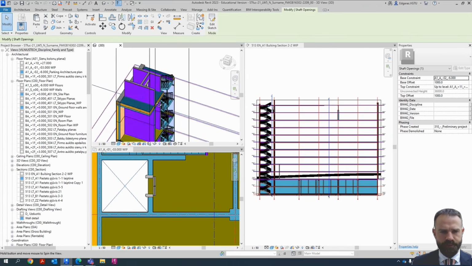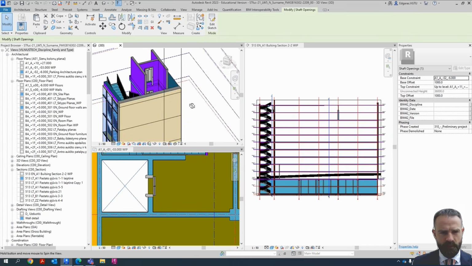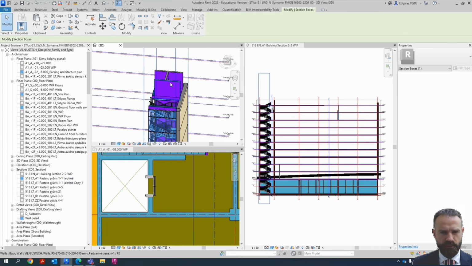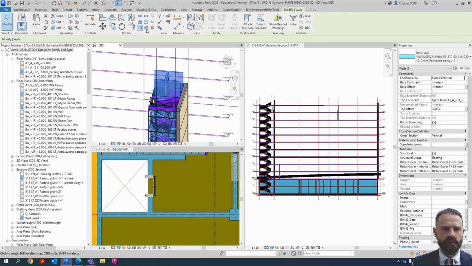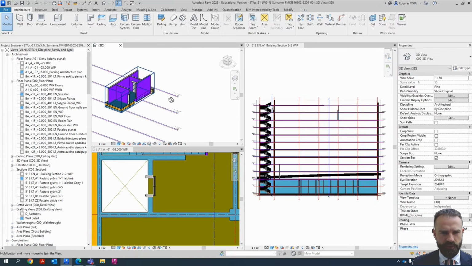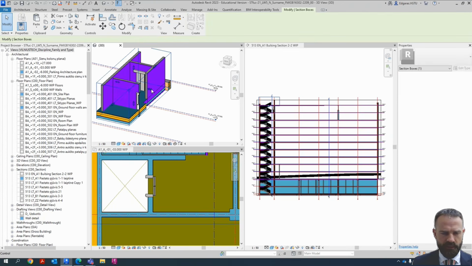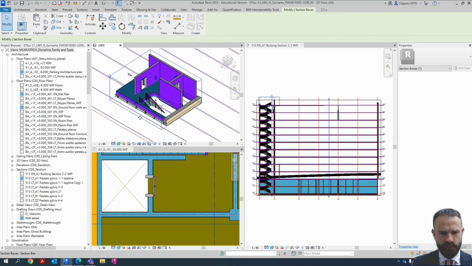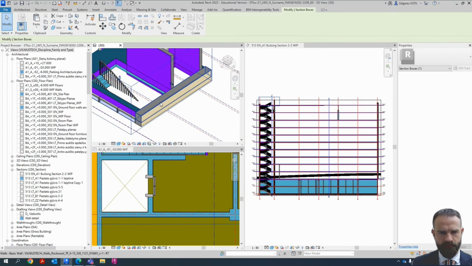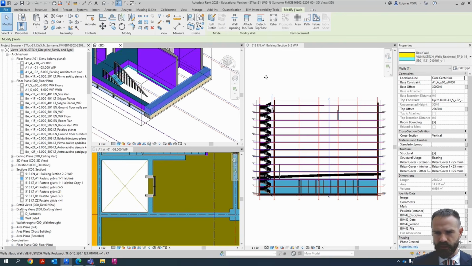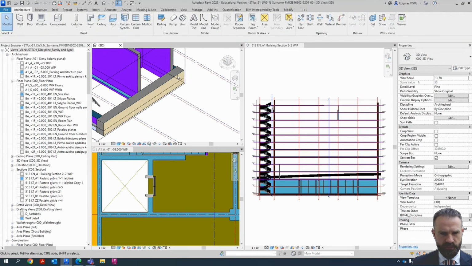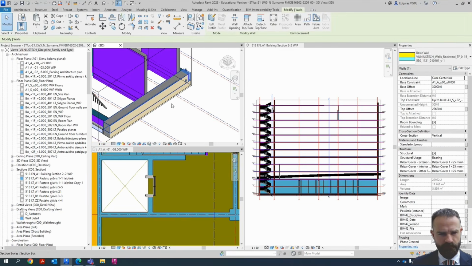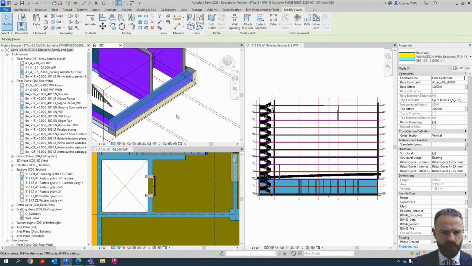Now on the rooftop, I have a new room, which is used for my access to the roof. In this location, I should make an additional configuration. It means I need to create a separate room on the roof. So first I will choose my wall type and split the parapet wall to a different wall type. Split that wall into two parts, and I